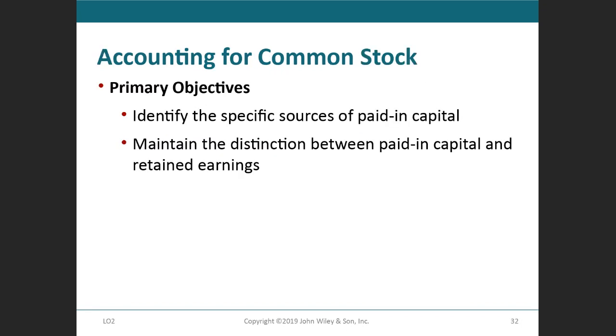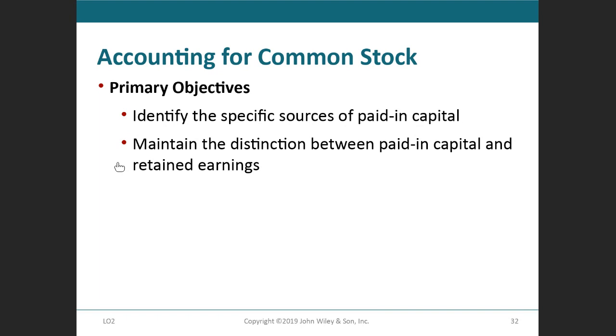All right. Now we are going to focus on the accounting of the common stock. The primary purpose here is to identify the specific sources of the paid-in capital and maintain the distinction between paid-in capital and retained earnings. So you have two major components in the equity section. One is the retained earnings, which is coming from the earnings that the business makes and keeps